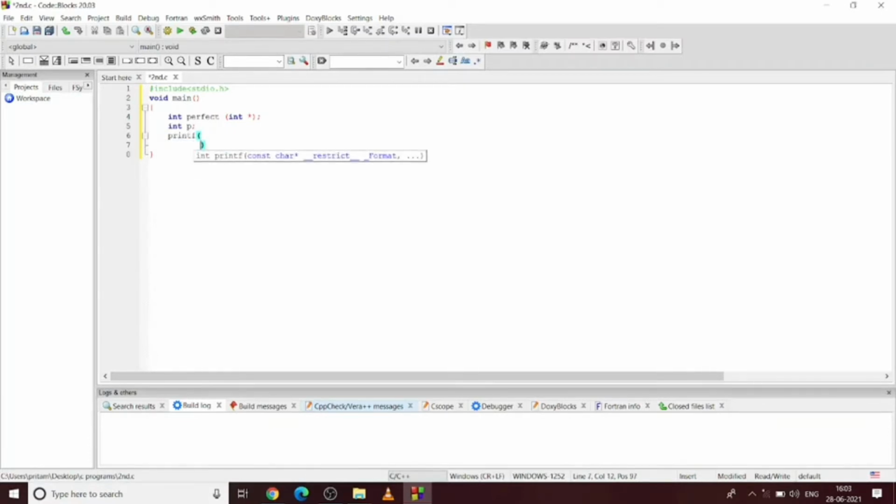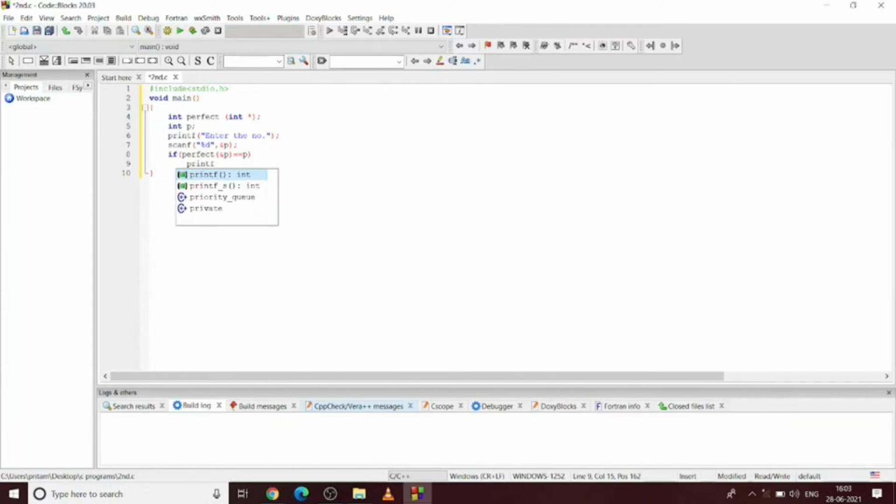Enter the number. Scanf %d. If we are declaring p as float, then we use %f, and if we declare p as a character in some upcoming videos, then we will use %c over there. This is an if statement, meaning it checks the condition. If it is true, then it will output the next statement, otherwise it will go to the else part.